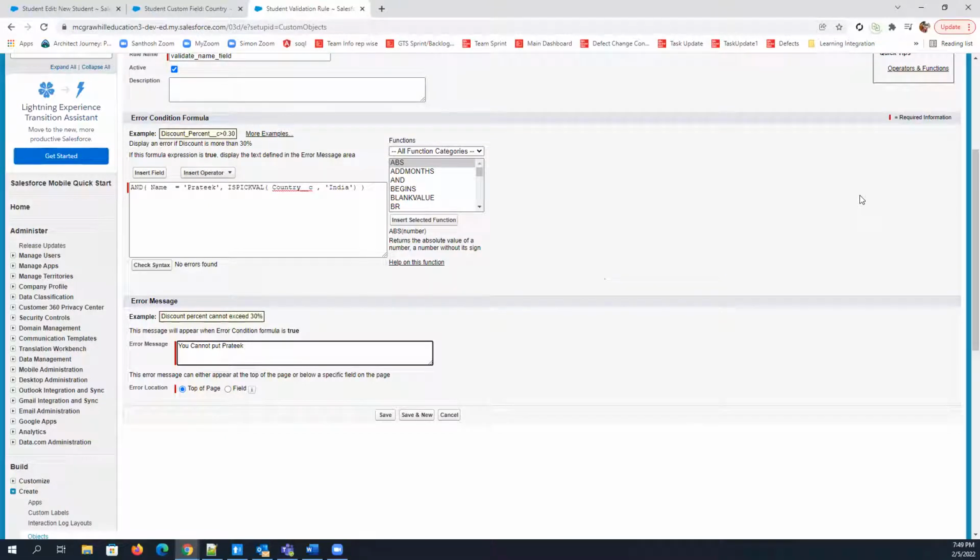Pratik, can we also guess which value he has put in wrong? Let's say the first condition is wrong or the second is wrong, so that we give him the right message. Yes, we can do that. You can give me a scenario and I can implement that for you. Let's say he has put Pratik as a wrong name, but India was correct. Then we should give him a message that the name that you have typed or chosen is wrong. Or if his value of India is wrong, then we can tell him that the country that you have chosen is wrong.